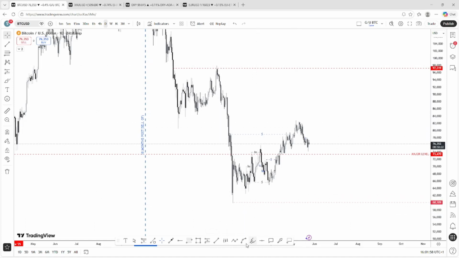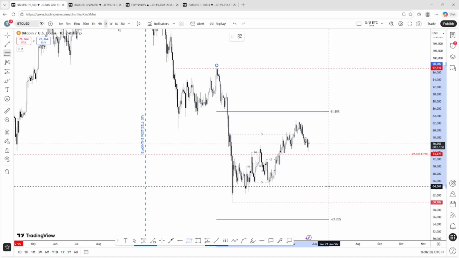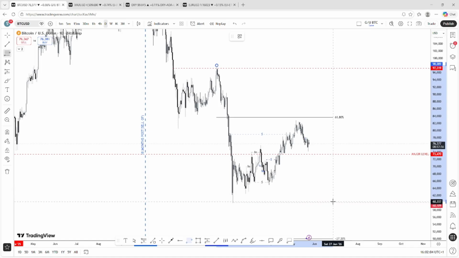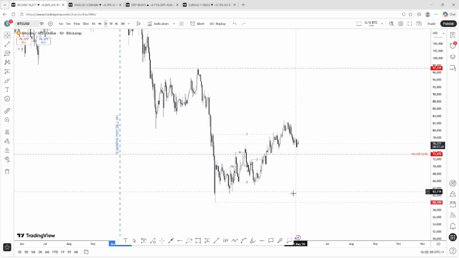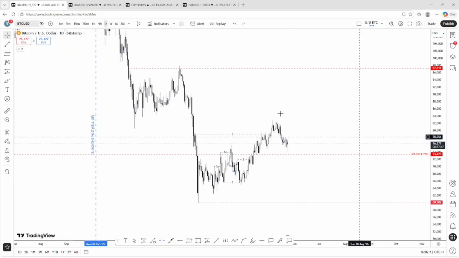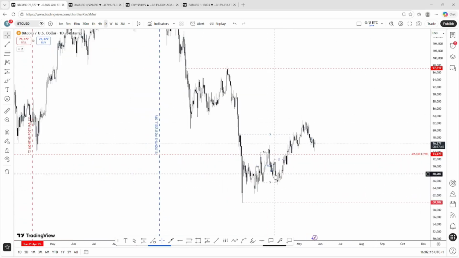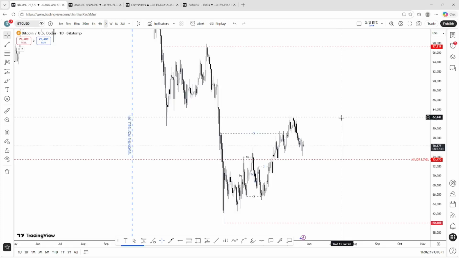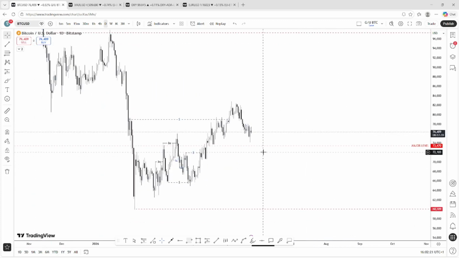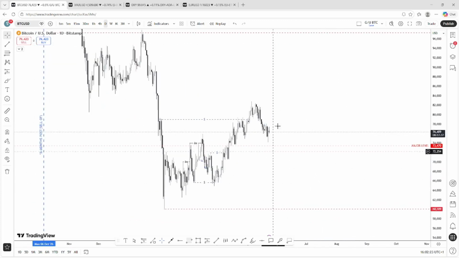Now we have corrected, and you can see that we corrected to around the 61.8 Fibonacci level. But there is a lot of things happening on BTC currently, and to be honest,